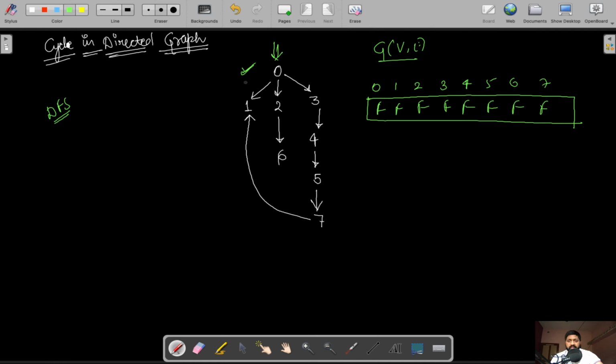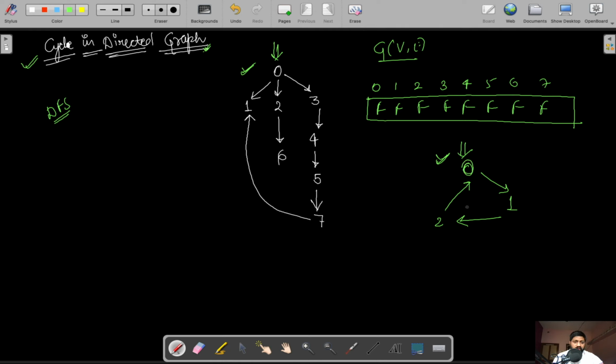In the case of an undirected graph, we took one parent node, and with the help of that we checked whether a cycle is there or not. In the case of a directed graph, let's say we have a graph like 0, 1, 2 and then again back to 0. This is a small graph example which I took. Suppose the starting node is 0.